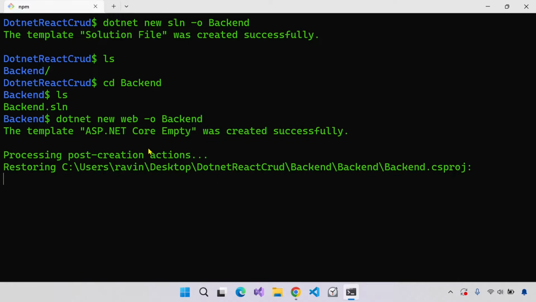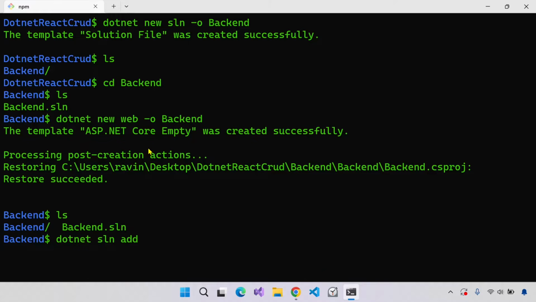Okay, so the template ASP.NET Core empty was created successfully. Let's check it. We also have a folder named backend, and now we need to register our application with this solution file. So dotnet sln add